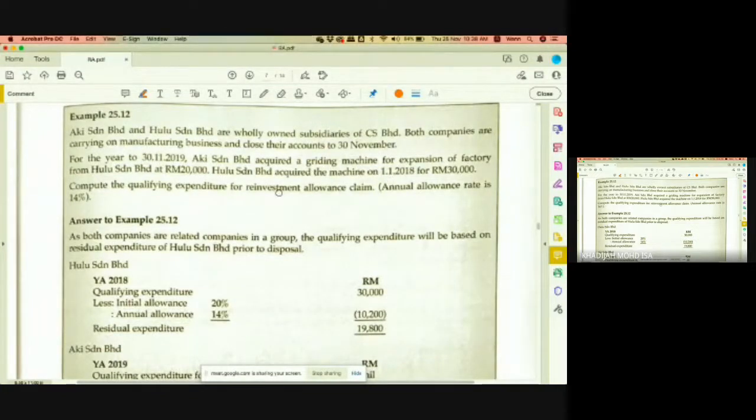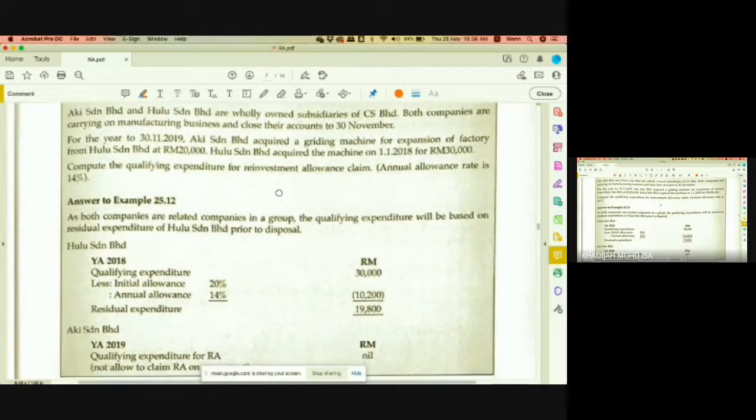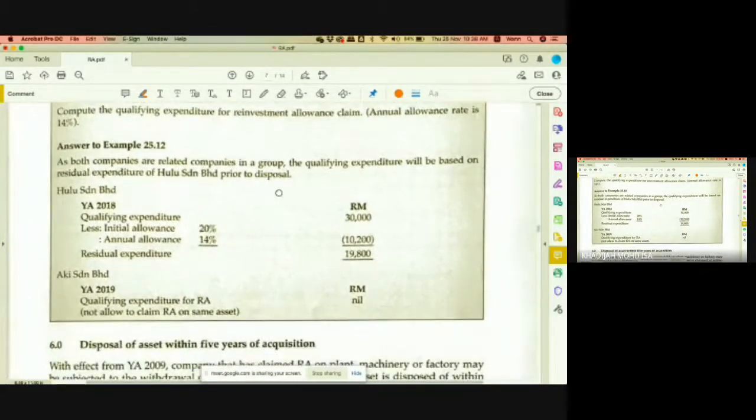Compute the qualifying capital expenditure for reinvestment allowance claim. Right, assuming that annual allowance is 14%. So as both companies are related companies in a group, the qualifying expenditure will be based on the RE of Hulu Sdn Bhd prior to the disposal, right? So in this case,